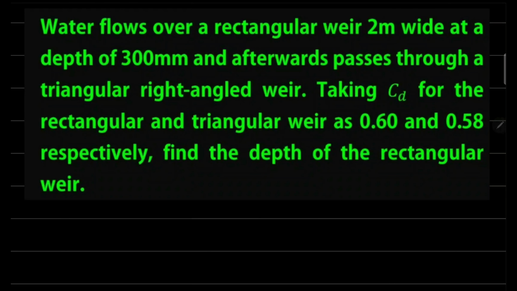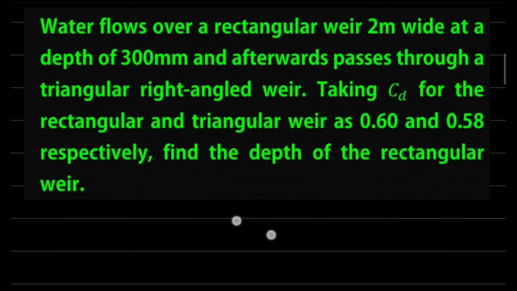Now let's take a problem which involves the discharge over the rectangular as well as the triangular weir in the same problem. The problem says that water flows over a rectangular weir 2 meter wide at a depth of 300 mm and afterwards passes through a triangular right angle weir. Taking CD value for the rectangular and triangular weir as 0.60 and 0.58 respectively,